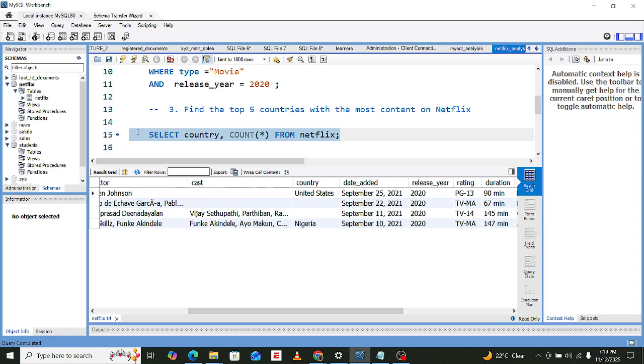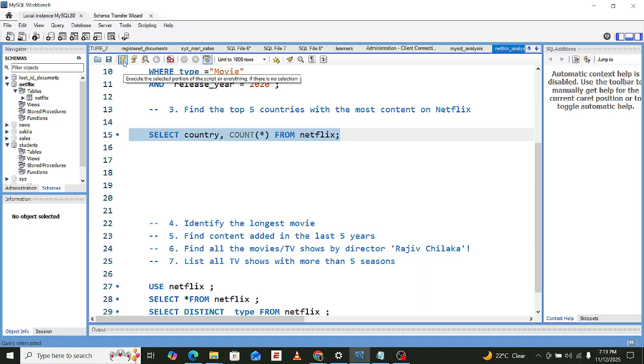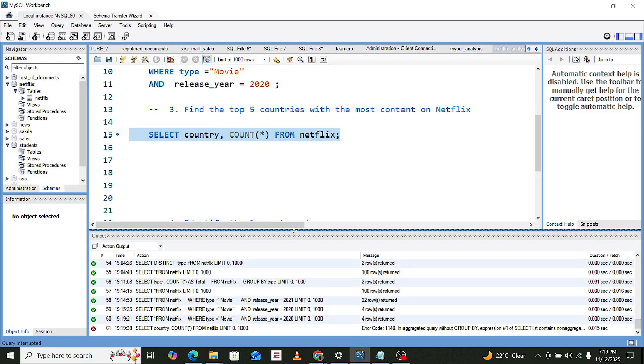Did it execute really? Of course, that one should give us... Okay. Before the from statement, write it as a column called total count of countries.